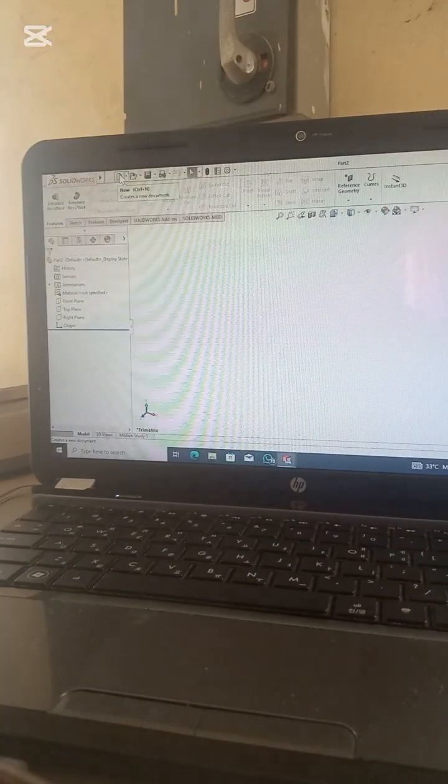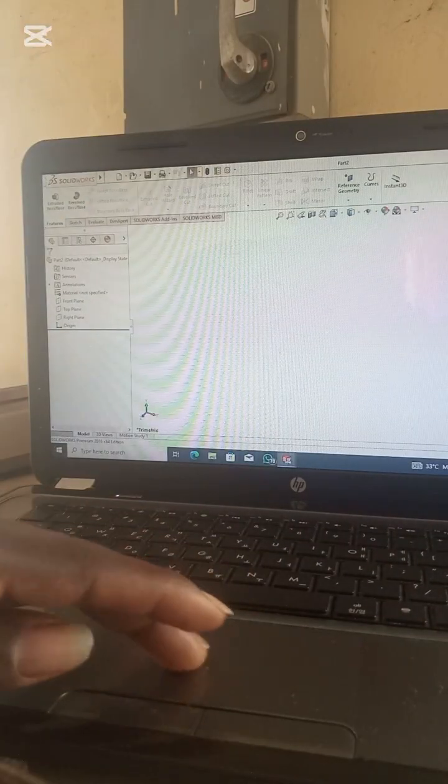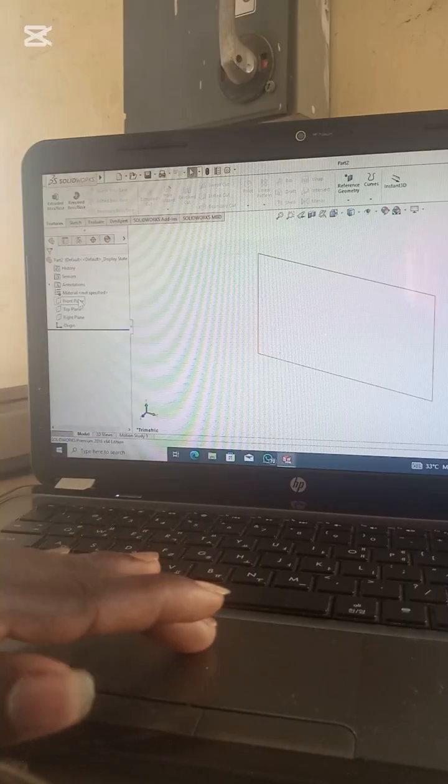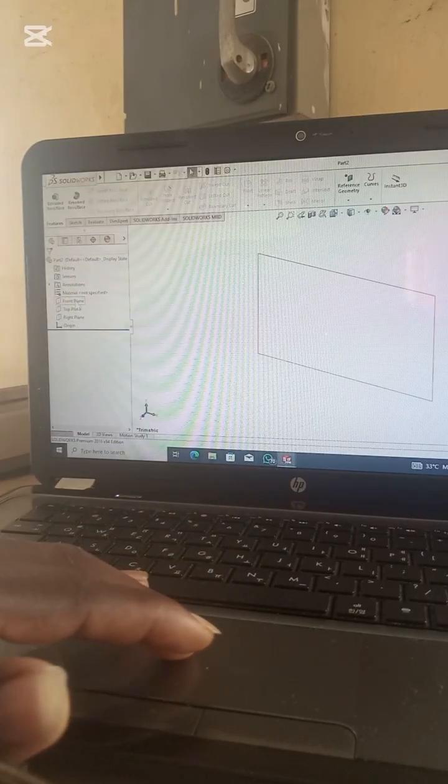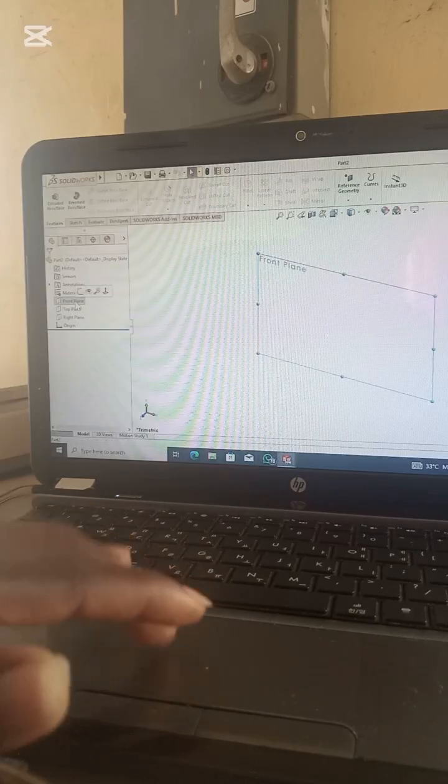So we are going to be making this shape here, and we're going to be using the front plane. So we start by using the front plane. The front plane is here. This is the front plane. We have the top plane, and we have the right plane. So we are going to be using our front plane. We tap on it, and